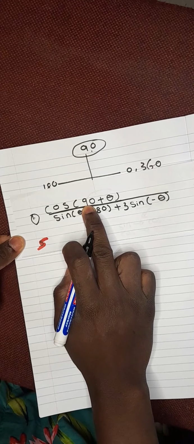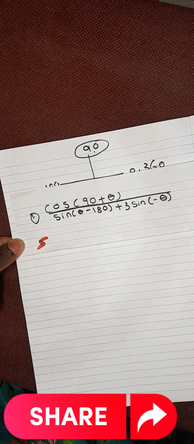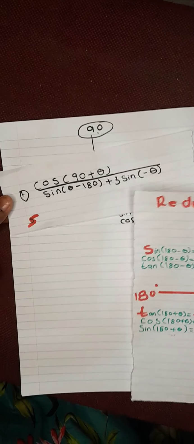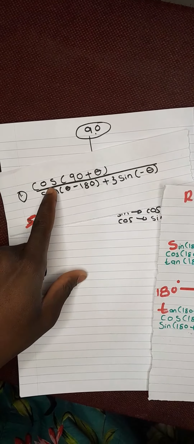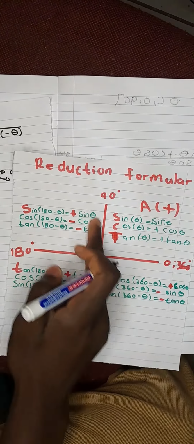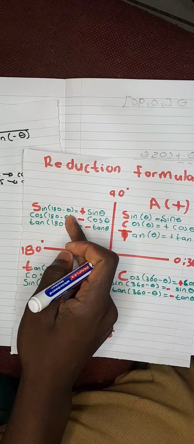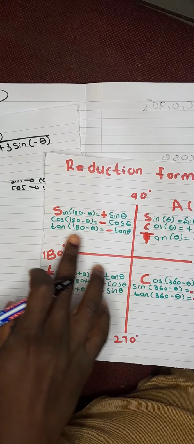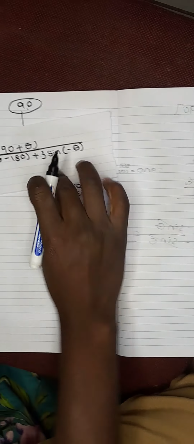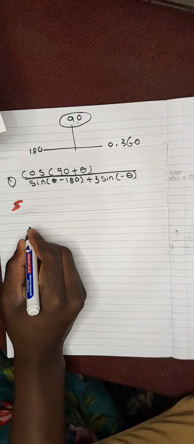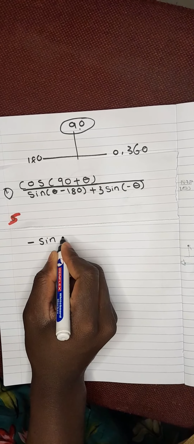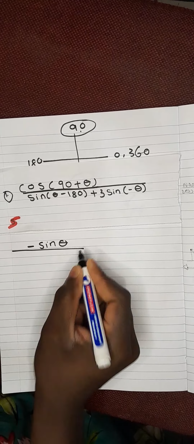We have 90. Sharp. I want us to use our reduction formula. We have cos, and it's 90 plus. It means we're going to fall under the second quadrant. And in the second quadrant, is cos positive or negative? As we can see, my cos here is negative. But since it's 90, we're going to write negative sine theta divided by